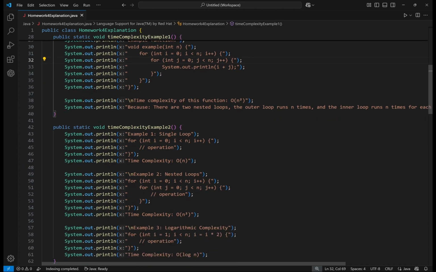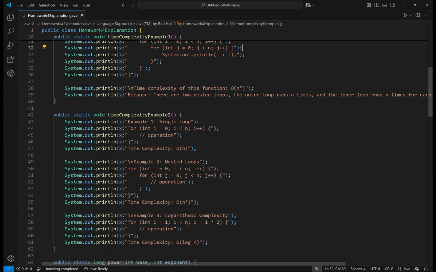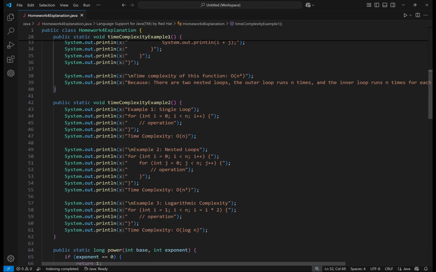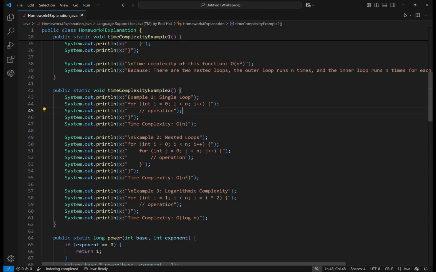Next, I print a new line followed by question two, code fragments time complexity, and call the timeComplexityExample2 method. In this section, I display a single for loop example, for int i equals 0, i smaller than n, i plus plus, to show O(n) time complexity. Then an example of nested loops, for int i equals 0, i smaller than n, i plus plus, for int j equals 0, j smaller than n, j plus plus operation,